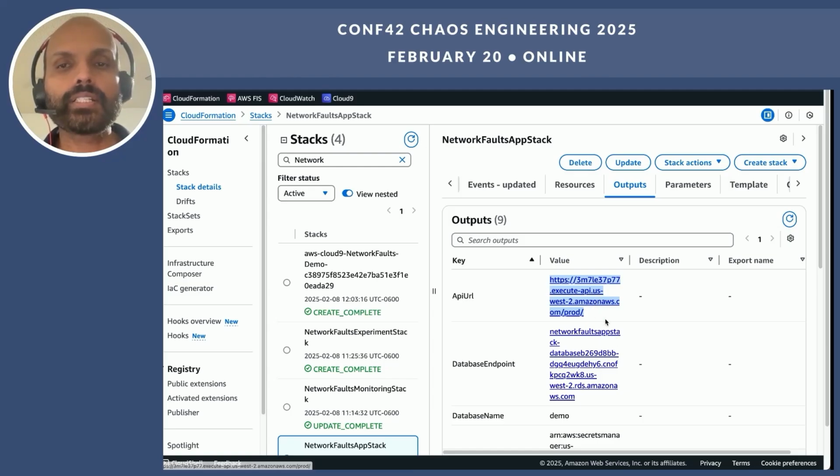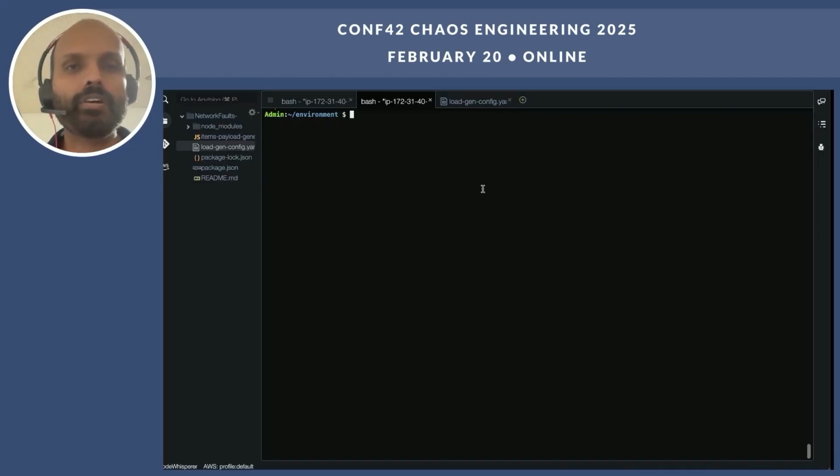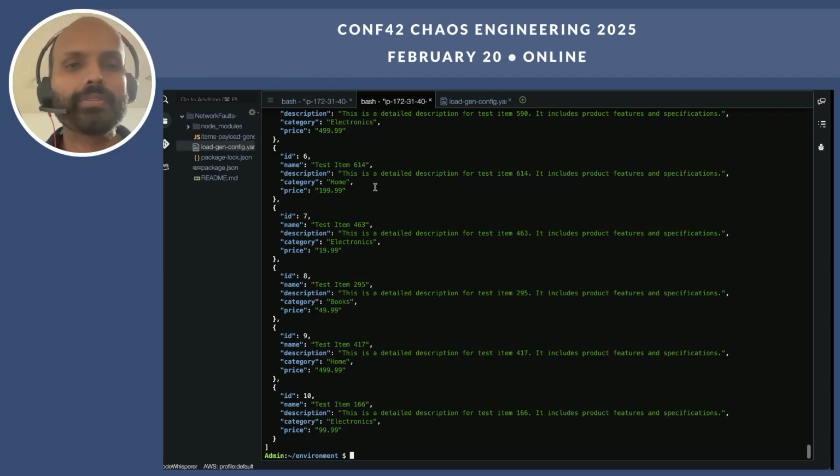Now let's see how this API behaves from an IDE. Let's do a GET on this endpoint. Now you can see the API returns a few items. Basically, the functionality behind the API is to do CRUD, the create, read, update, delete operations for items. And I was able to get a list of items that are currently in the database through this API call. Good.